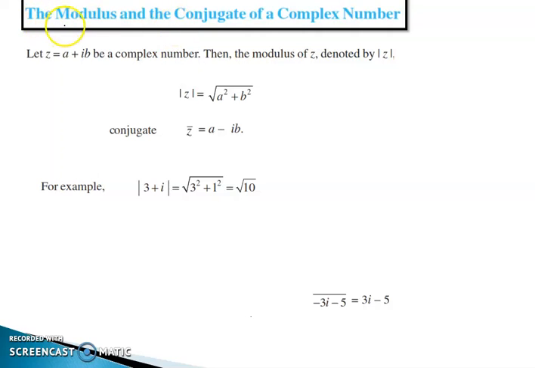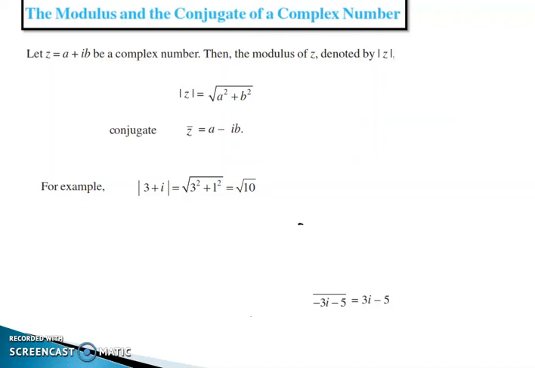So the topic for today is the modulus and conjugate of a complex number. We know that a complex number is of the form a plus iota b. Let z equals a plus iota b be a complex number. Then if we want to find the modulus, we know that for a real number the mod value is given by the positive value. Like minus 2 is given to you, and mod of minus 2 is 2, mod of 2 is 2. But it is a bit different when we are talking of a complex number.